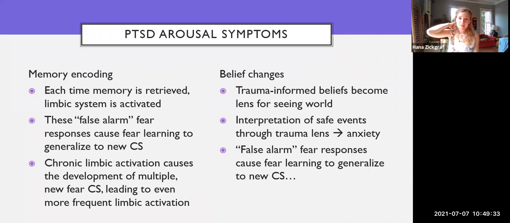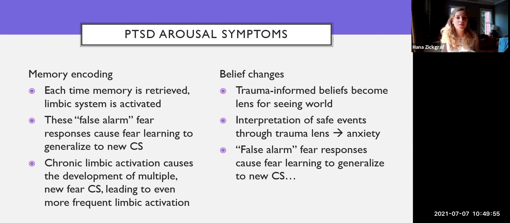So, PTSD arousal symptoms can largely be explained by these two perpetuating factors. So remember, PTSD arousal symptoms basically involve constant hypervigilance, really easily triggered sympathetic nervous system activation, constant feelings of tension and hyperarousal. So this can be caused by problems with memory encoding because each time a trauma memory is retrieved, the limbic system is activated. This leads to lots of basically false alarms where you experience strong limbic activation in the absence